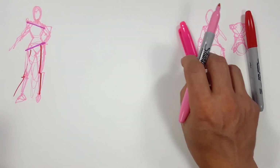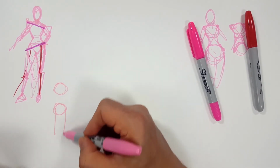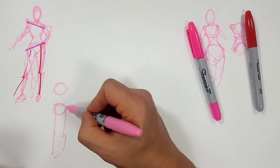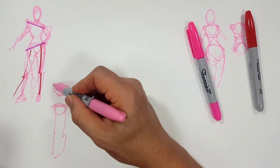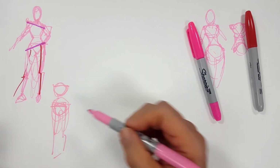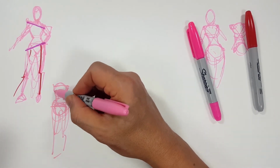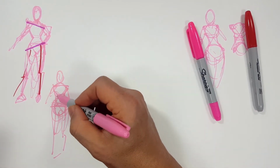Now, again, that doesn't go if you're standing straight, just no hip, no position, your weight is straight all the way across, your shoulders are straight all the way across. So keep that in mind too whenever you are working on your body. Now, also, I am drawing the comically cartoonish, thin waist